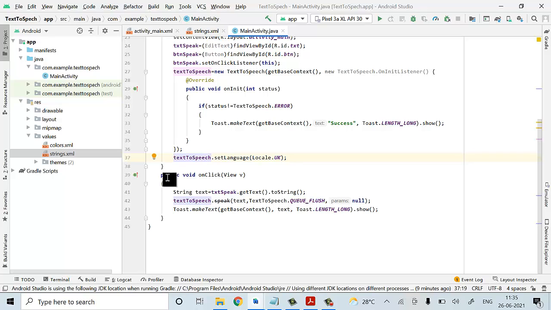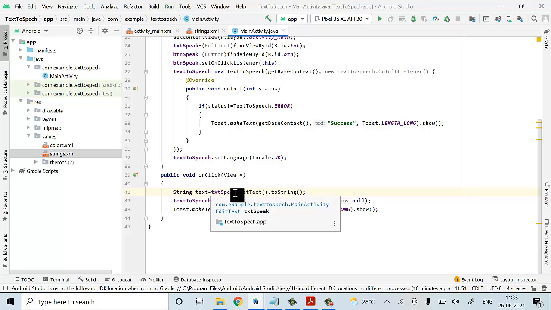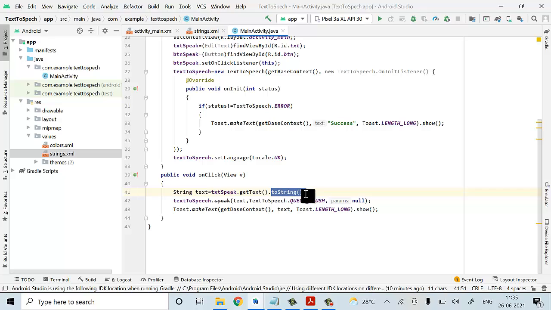Okay, now public void onClick. Here we take whatever text we have written in that particular EditText. You can check it out, we have identified that particular location, and from that we have taken getText, in the sense we have taken that text. That text is converted into a string, and once it is converted, that value is stored in the variable called text. Now it is posted into your queue.